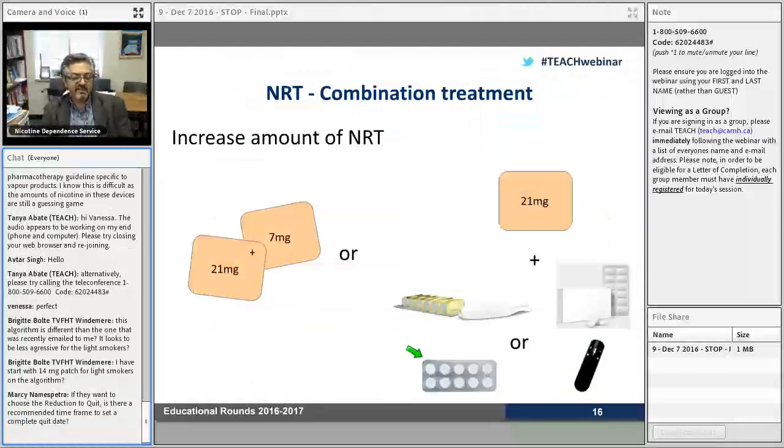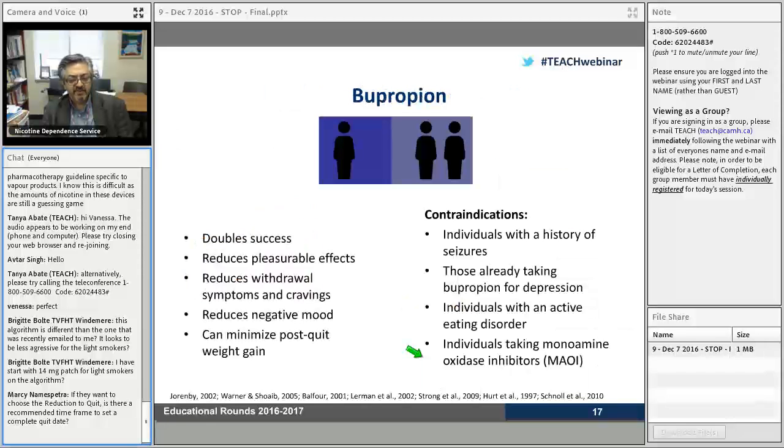Combination treatment. As we said, we increase the amount of NRT, or you can combine long-acting with short-acting, and usually we pick one. Then the other medication we have, which is evidence-based and allowed to be used, is Bupropion, and as this icon shows, it essentially helps 1 out of every 3 smokers. It doubles the success rate in helping people quit, and it roughly helps 1 in 7 smokers treated for the